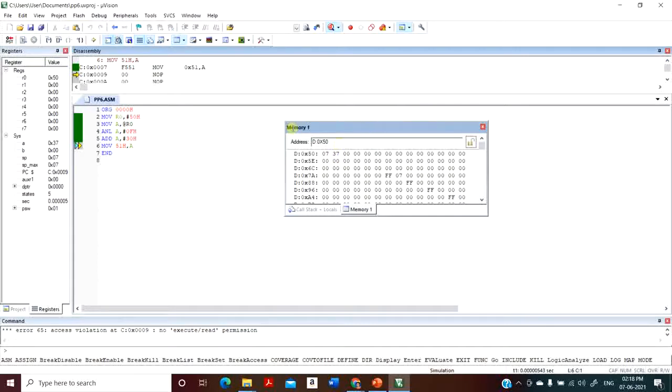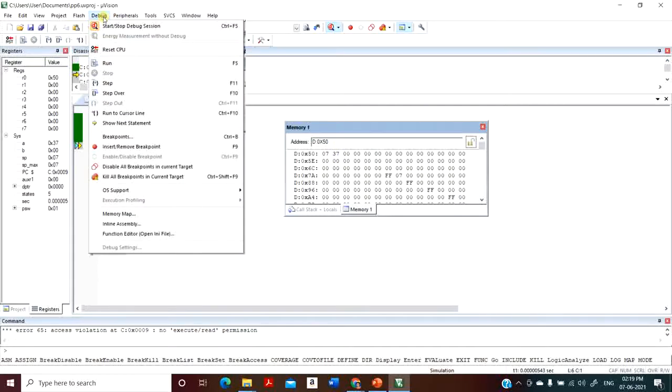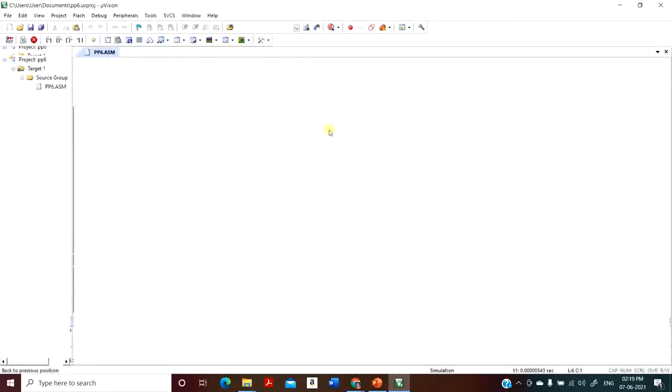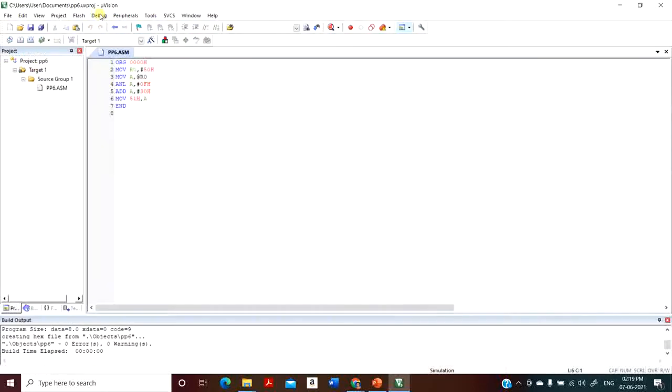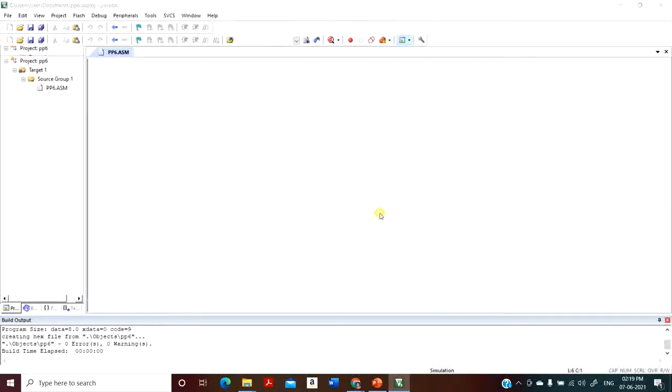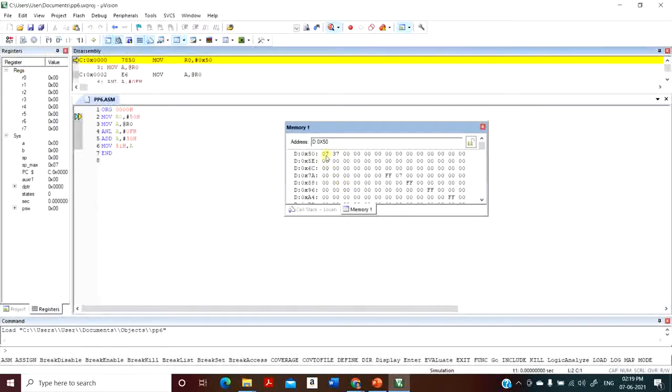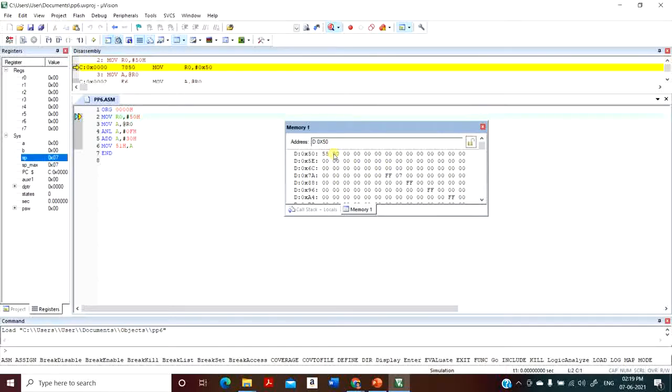So similarly, I can show you for the second example. The second example that I had considered was 55.